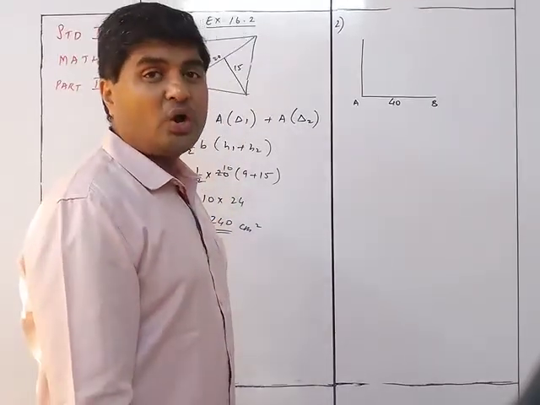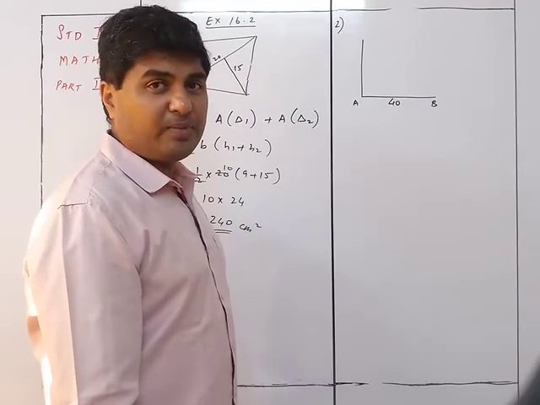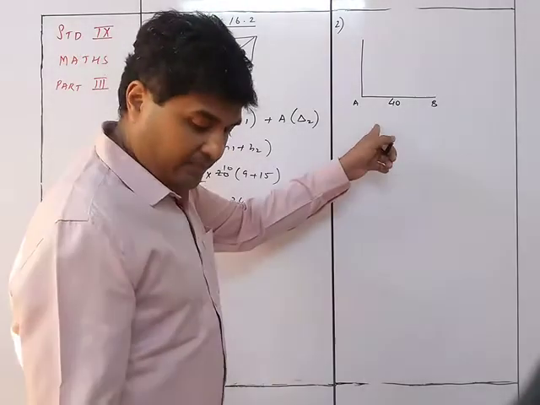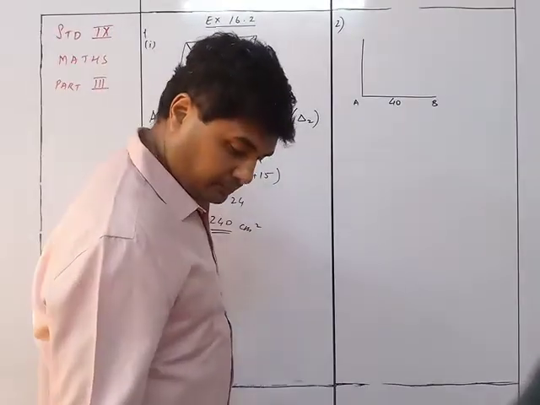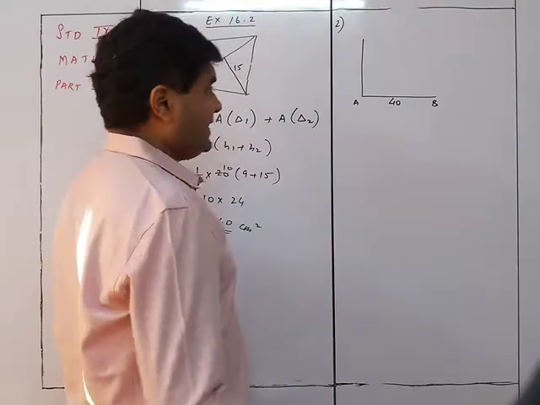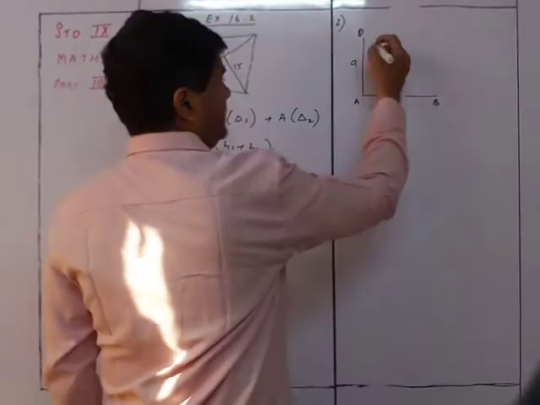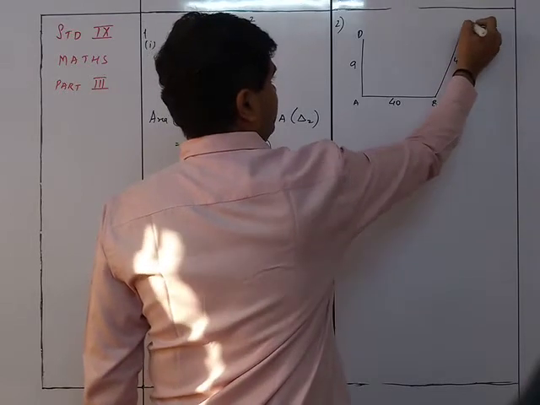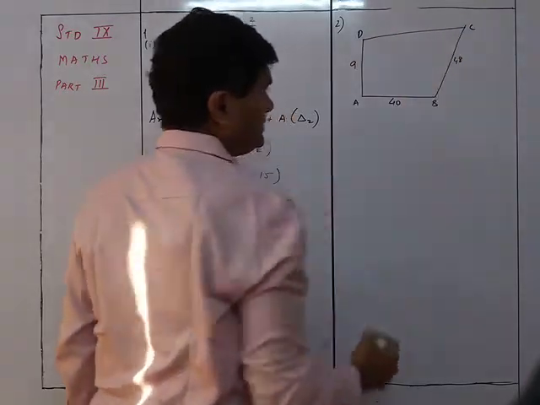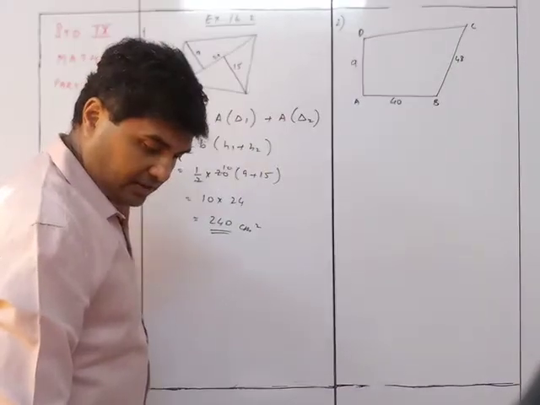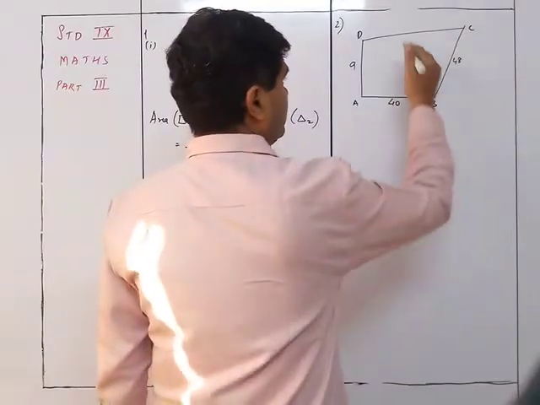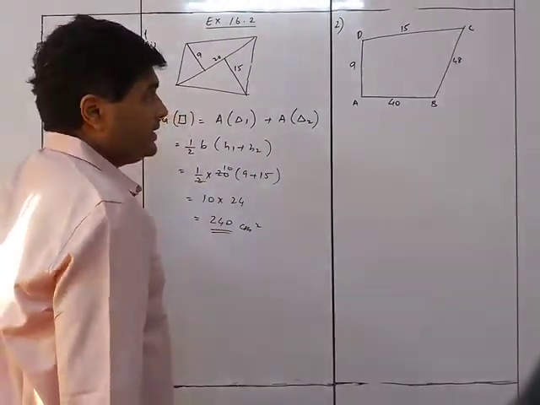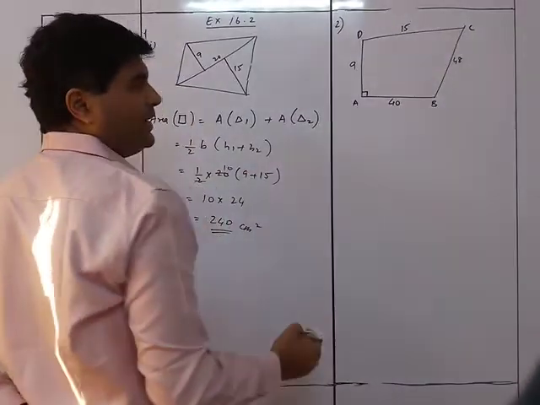Because here we are not using a direct formula. We need to frame a formula. So we don't know what is the right thing to be done. So AB is 40, BC is 28, AD is 9. So here D is there and AD is 9. And BC is 48, so it is like this. CD is given as 15, so this is 15, and you have angle 90 degrees over here.